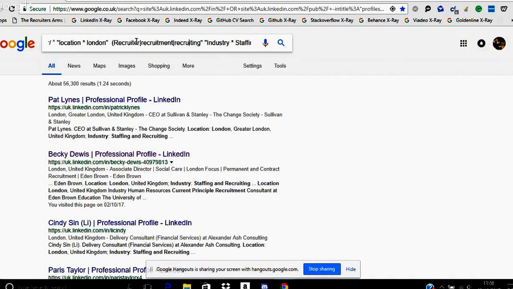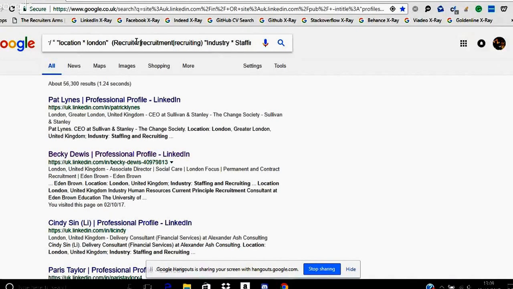Next thing, with this search, I can't remember who I was doing it for, but I think they were looking for recruiters in London. What we're going to do is a basic bracket search. So brackets means that you're kind of separating that from the rest of the search. So if you've got loads of ands in a Boolean search, you then do a bracket search with all the ors in between it. So you might go, you're looking for a developer with C++. So you put C++ in, and then you'll do brackets, developer or programmer or whatever else. This is exactly the same way. So we're looking for recruiter,